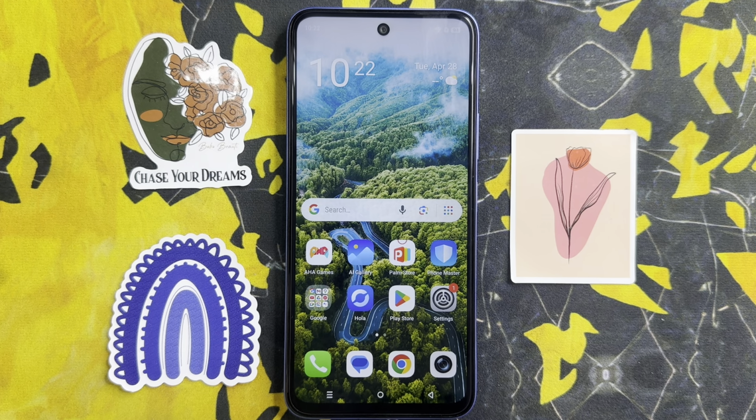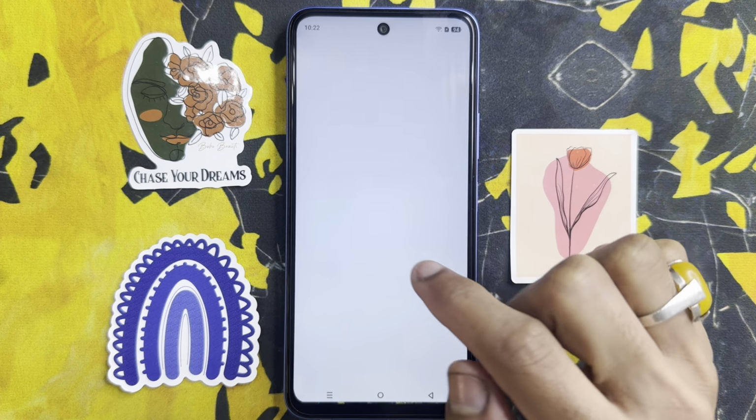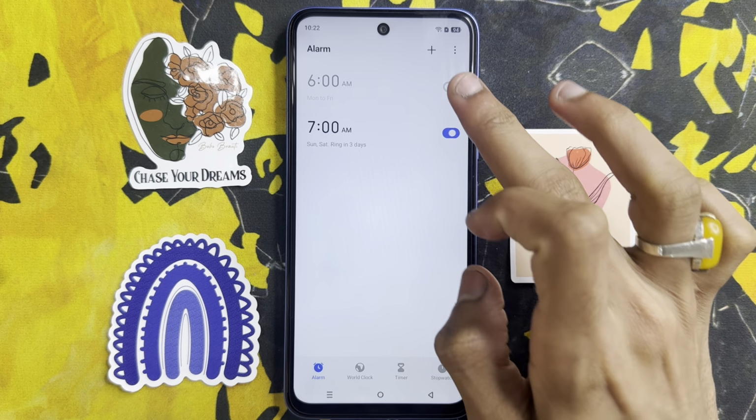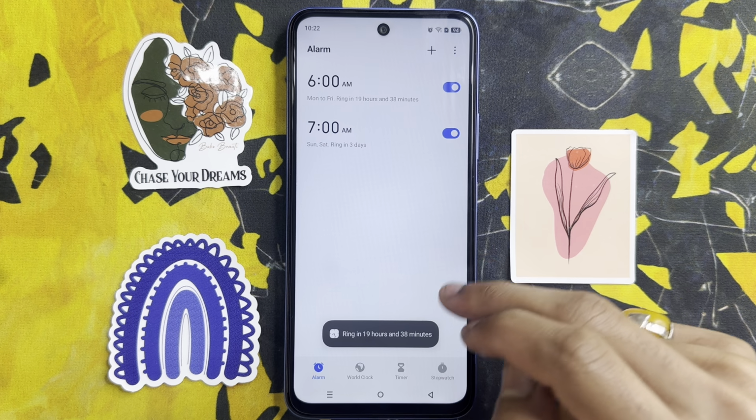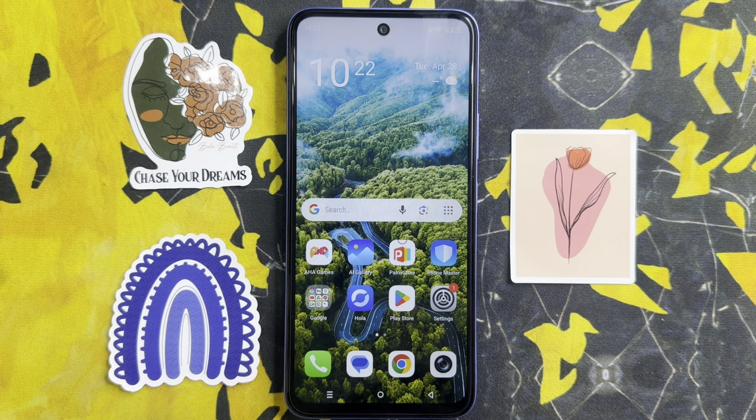But if it is not solved, go to the app library, click on the clock app and allow alarms. After allowing alarms, go back to the home screen. You will see your problem is solved. But if it's still not solved,